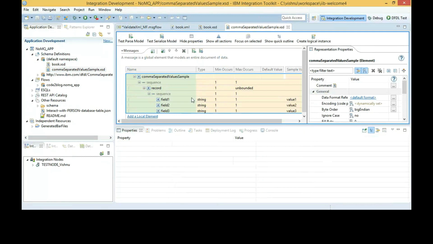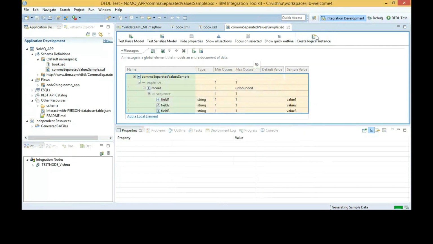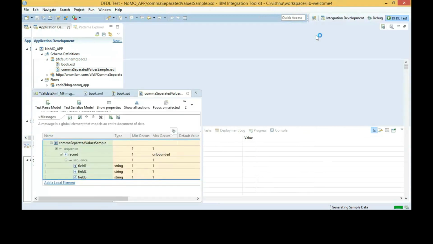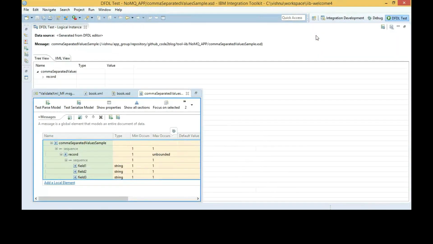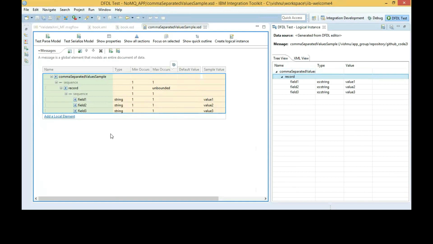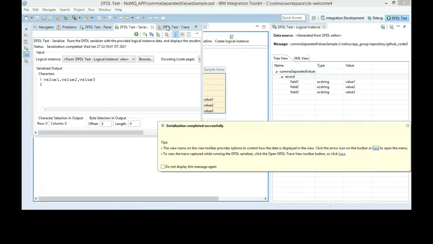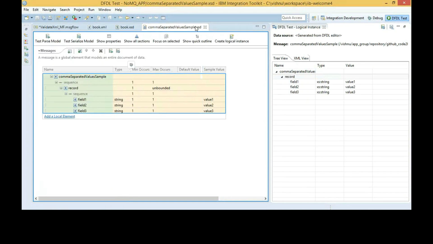Message model is generated with 3 fields. Let's create a logical instance. You can see the value set for those 3 fields. Let's serialize now. From the logical instance, you see the 3 values, value 1, comma value 2, comma value 3.